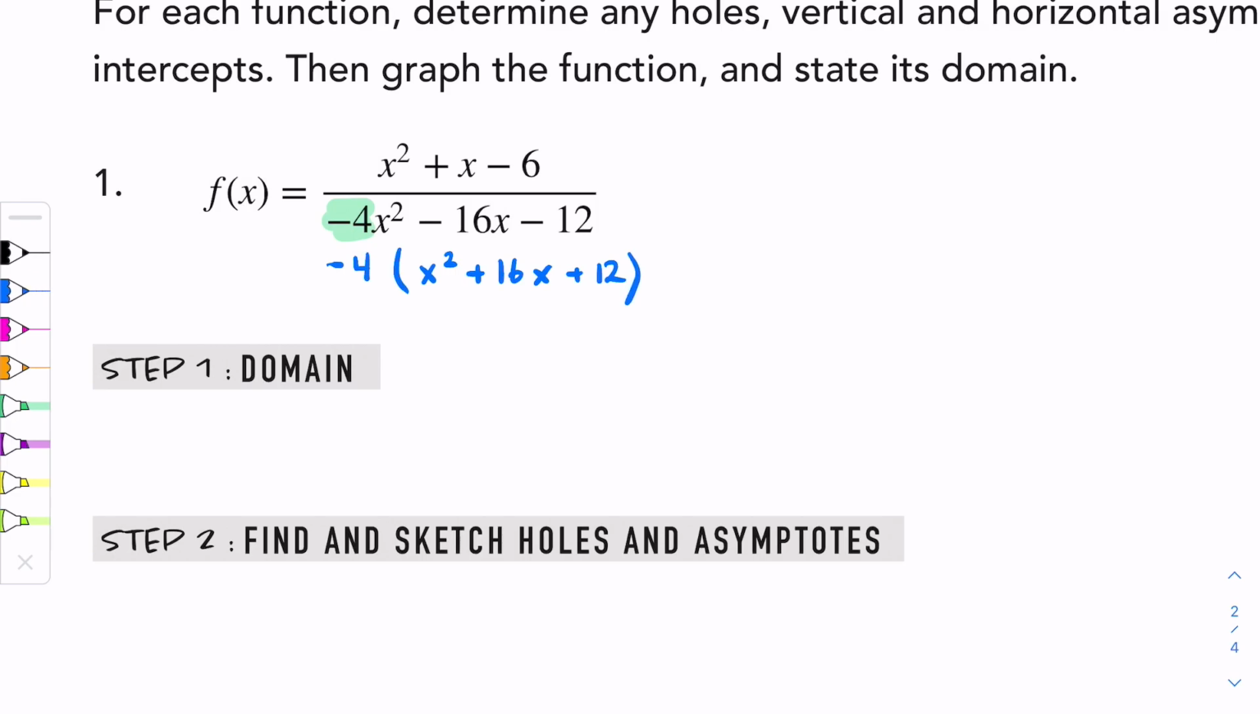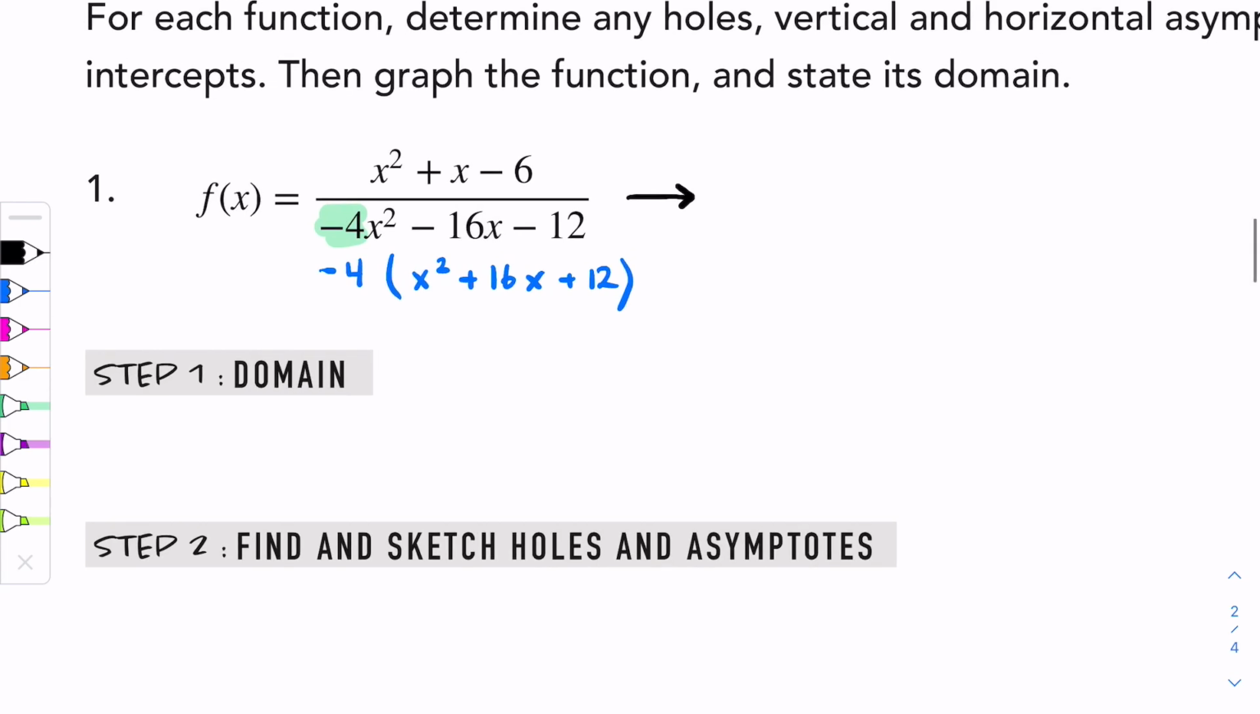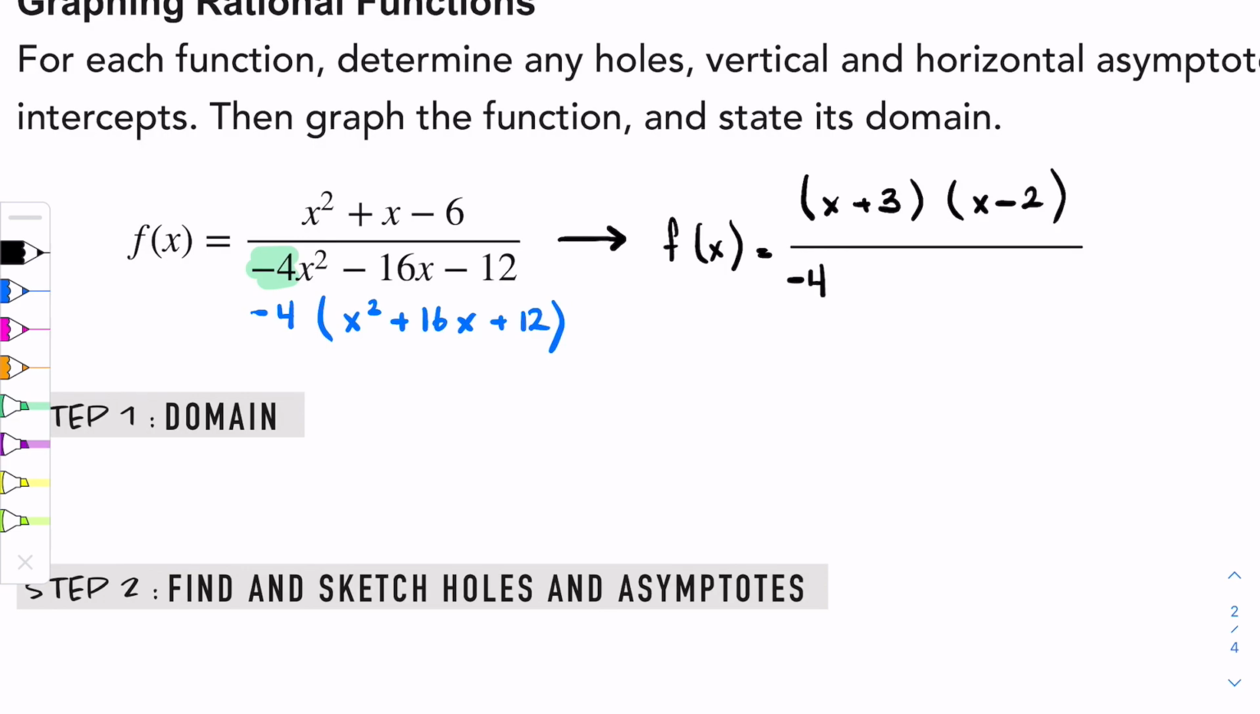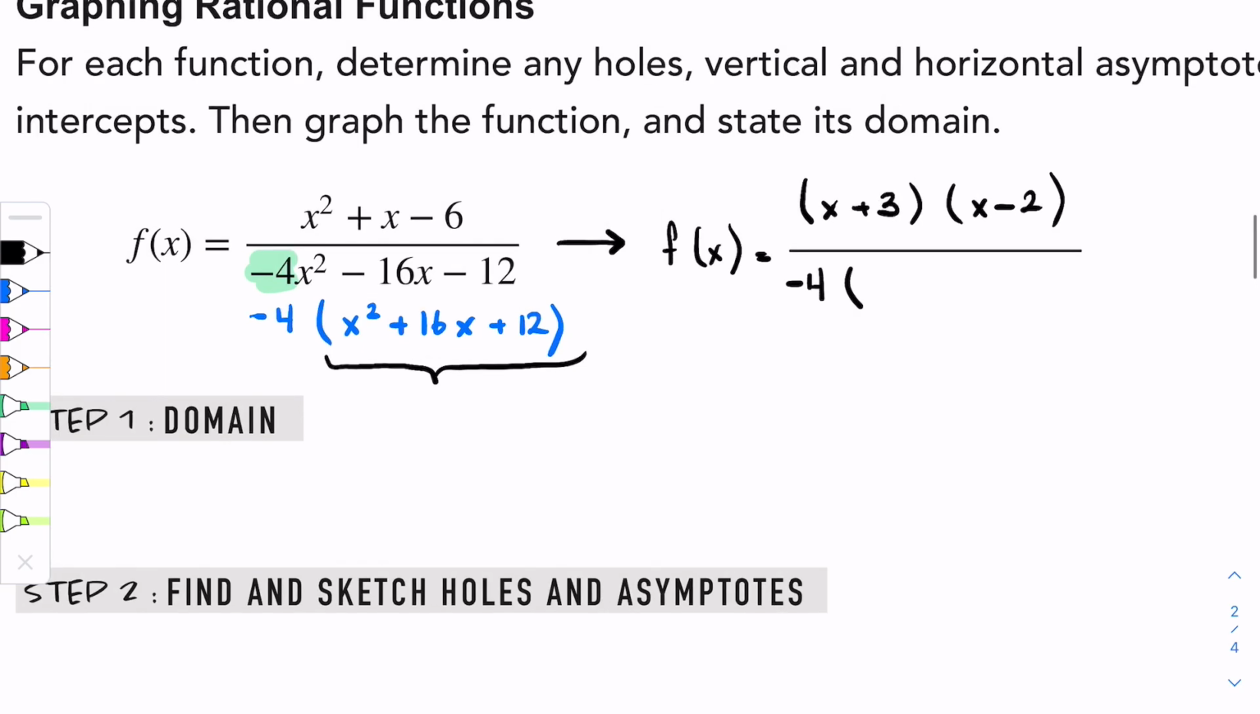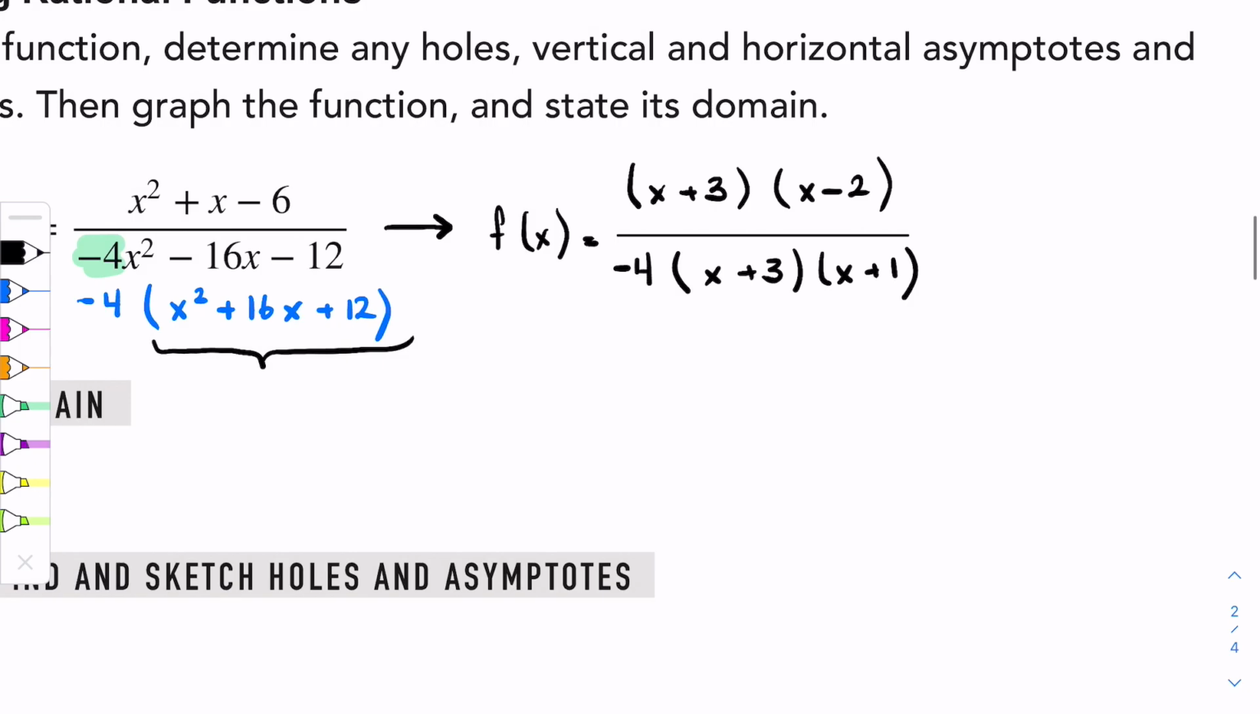Okay, so knowing that that has a GCF, that's going to allow me to now factor completely. The numerator is going to factor to x plus 3 times x minus 2. And the denominator has that GCF of negative 4, and then the remaining denominator factors to x plus 3 times x plus 1. Okay, I'm actually going to go one step further and identify that